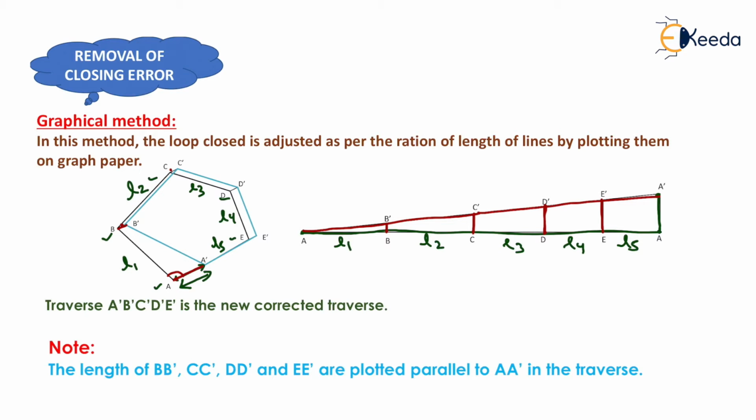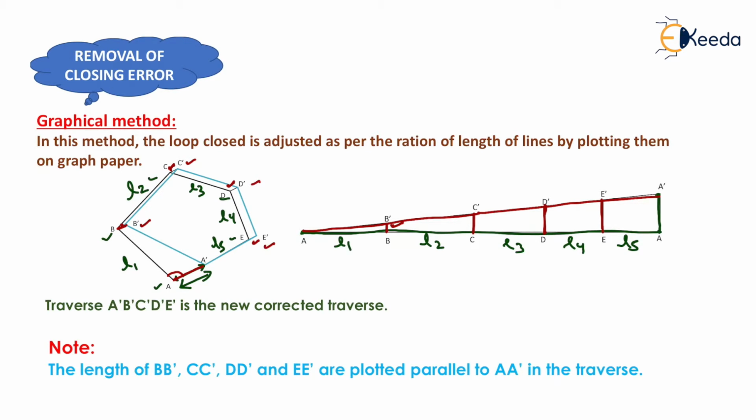Now we will mark the distance BB dash here, which we had measured from this triangle. We will mark the distance CC dash here, similarly DD dash here and EE dash here. Now we will join A dash, B dash, C dash, D dash and E dash,